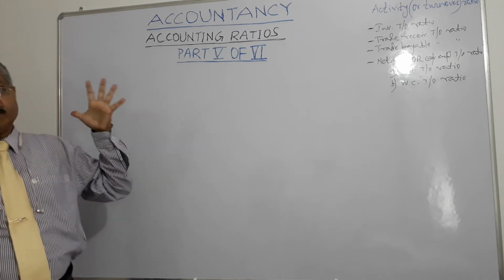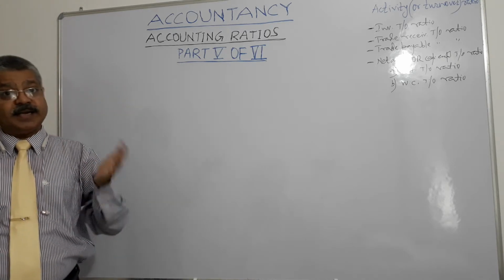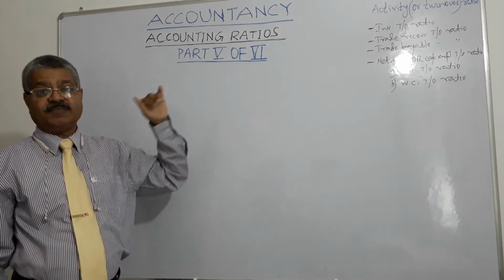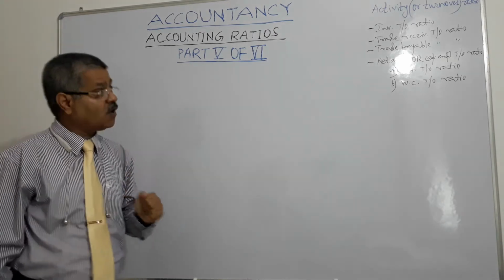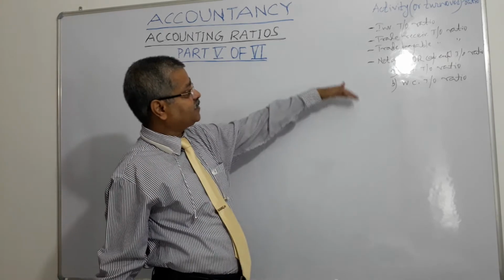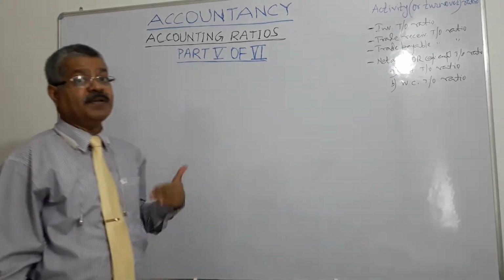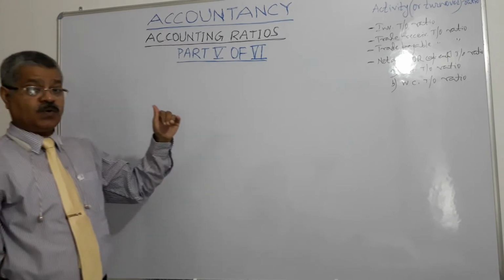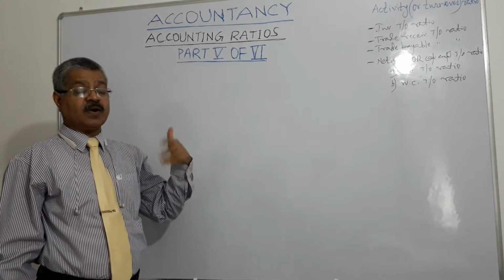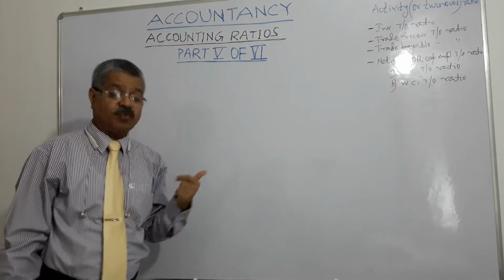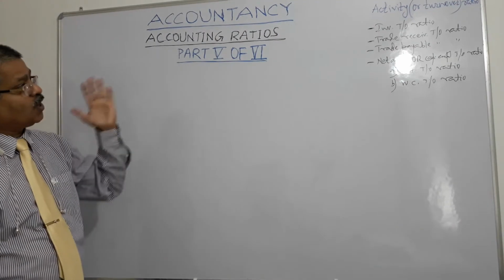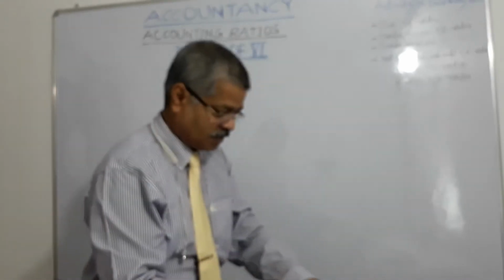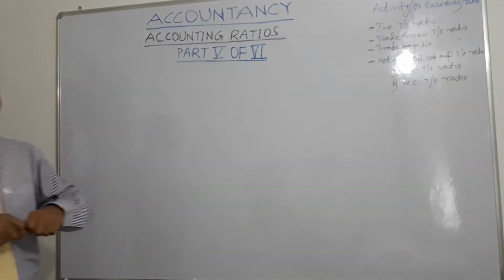It also shows improved efficiency and improved profitability, and these are known as efficiency ratios because they indicate how efficient a business enterprise is. The higher the ratio, the more efficient the organization is supposed to be, right? So now we go to the inventory turnover ratio, the first one, right?